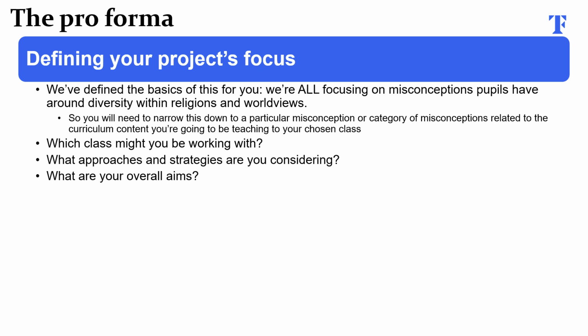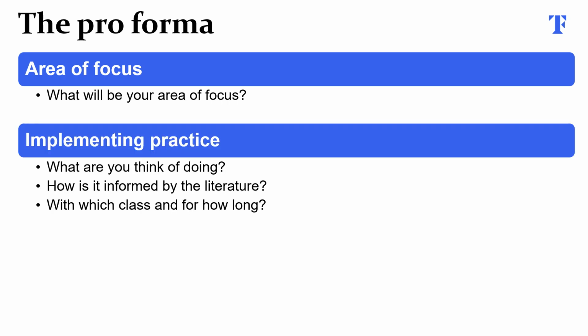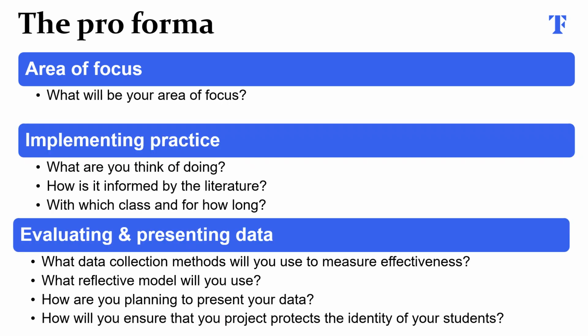The proposal proforma is basically a grid consisting of questions which are designed to prompt your thinking, and you'll complete it using bullet points. And remember, this is all speculative at this moment. You may change your mind later, but the idea is to get your university markers feedback on your ideas sooner rather than later. There are some questions to help you define the focus of your assignment. Just have a look at them here. And the next 3 steps are questions about implementing your project.